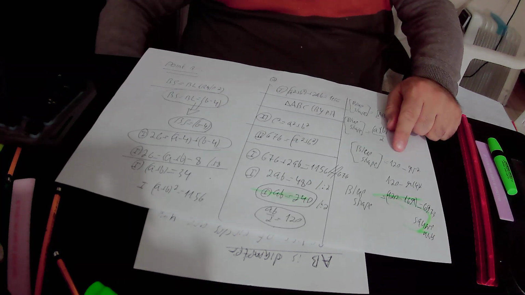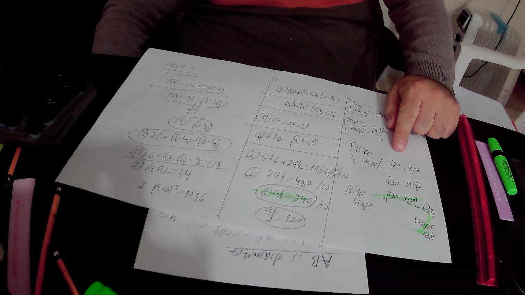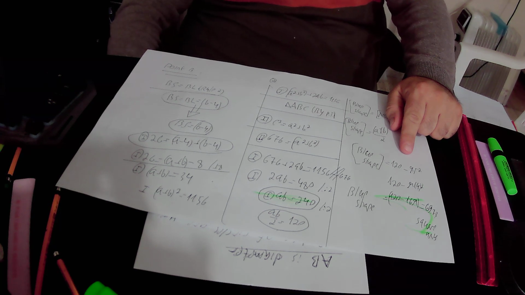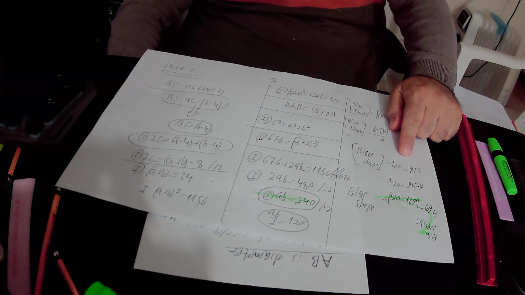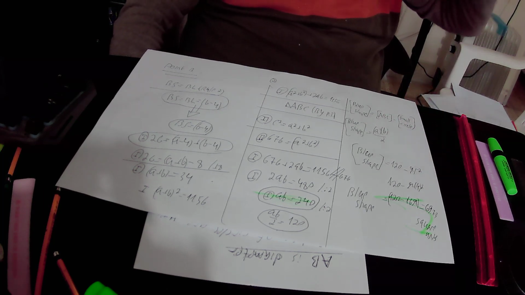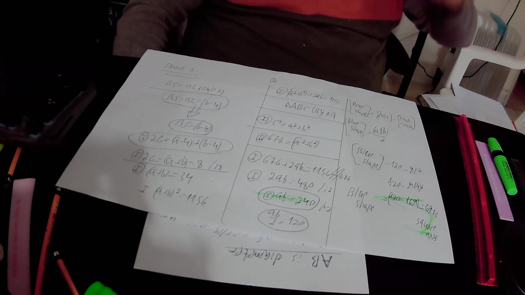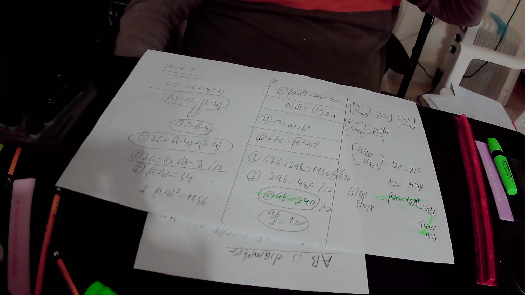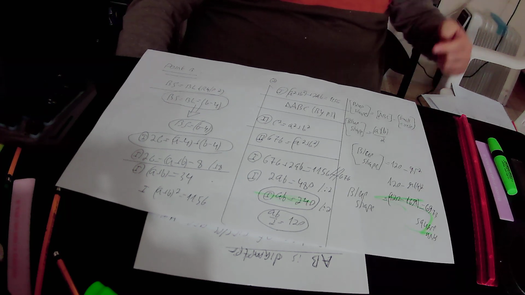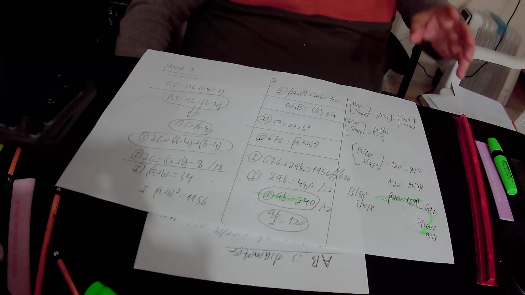So the area of the blue shape equals 120 minus pi r squared, and r equals 4, so r squared is 4 squared, that is 16. So in conclusion, the area of the small circle equals 16 pi. And therefore the area of the blue shape will be equal to the area of triangle ABC, that is 120, minus the area of the small circle, that is 16 pi. So 120 minus 16 pi is the area of the blue shape, or in terms of numbers, it is equal to